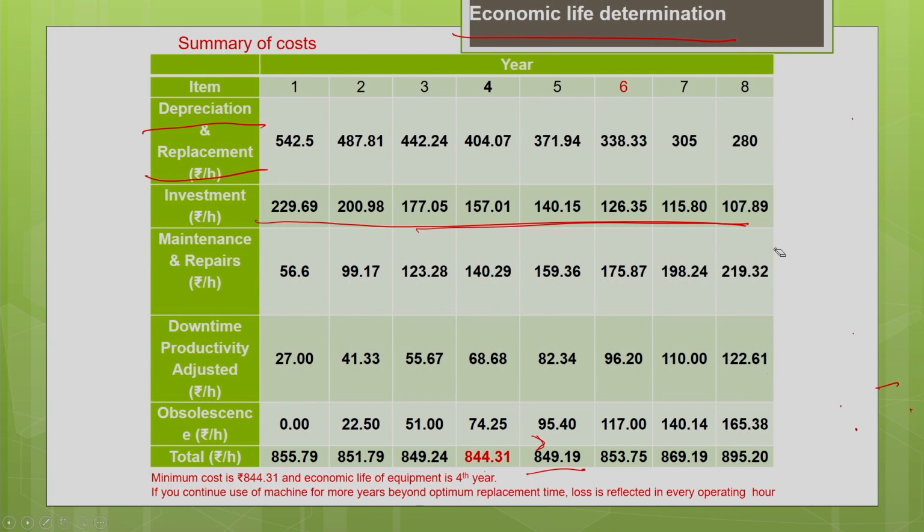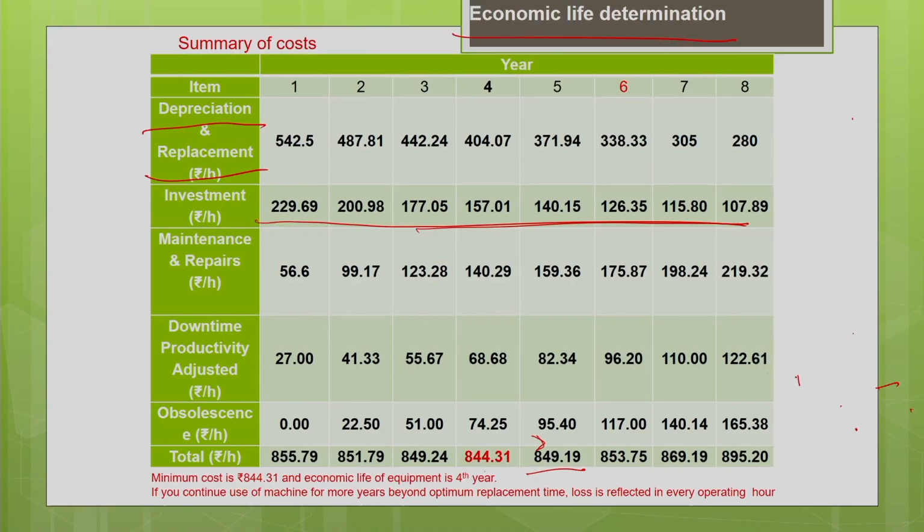This is how we estimate the economic life of the machine. Here we have optimized the productivity with respect to cost. That is why we have gone with the minimum cost approach. If you are going to optimize the productivity with respect to profit, then you have to go for the maximum profit approach. You have to find the time period during which the profit is maximum. Even that approach we will be discussing in the next lecture.